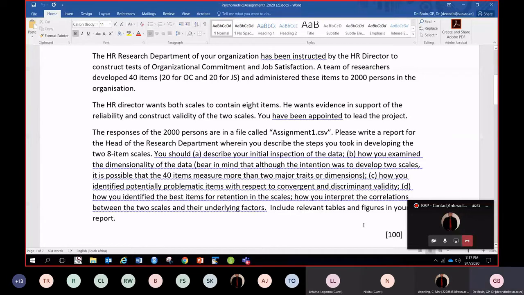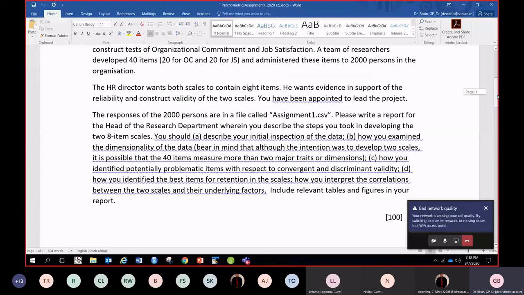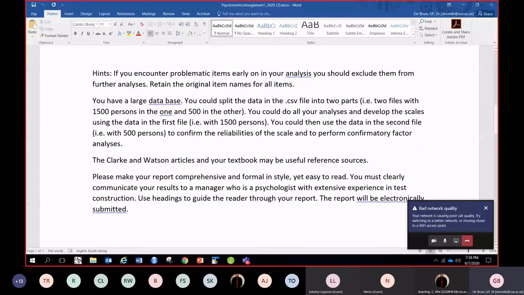A file called assignment1.csv. Right. The second, I give you some hints. If you encounter problematic items early on in your analysis, so in your